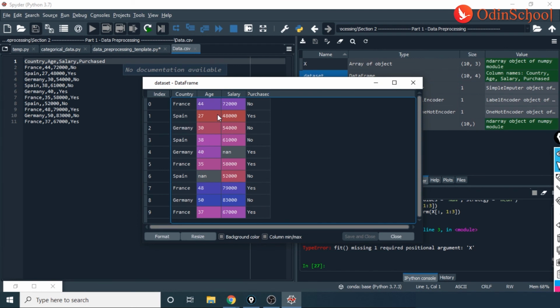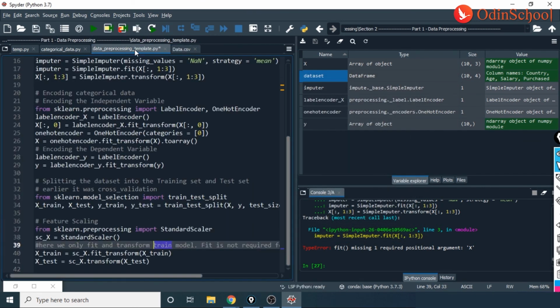Now, when you want to reduce this gap, we use the process of standard scalar, which is called scaling or feature scaling. Now, whenever we do feature scaling, we would see that these values generally get minimized or generally come down from whatever values they are.